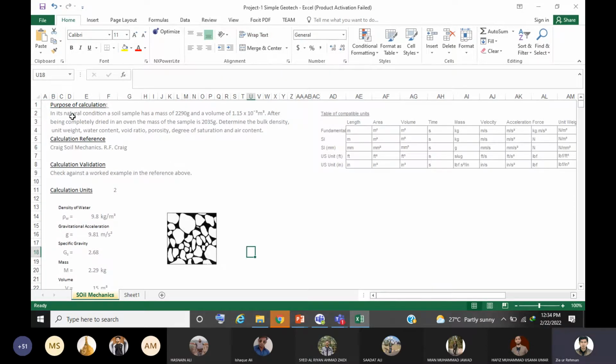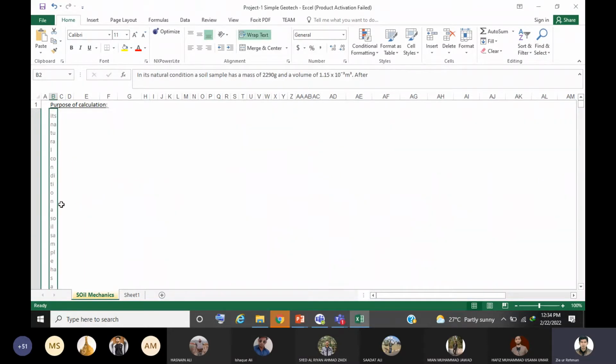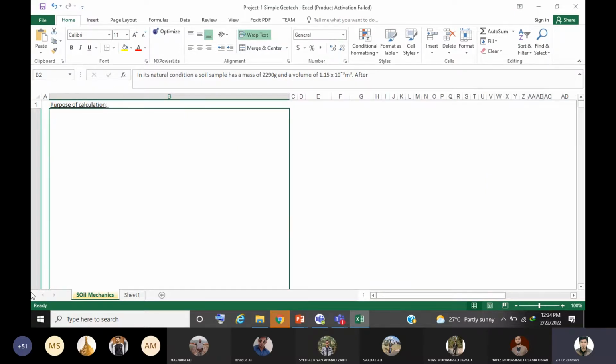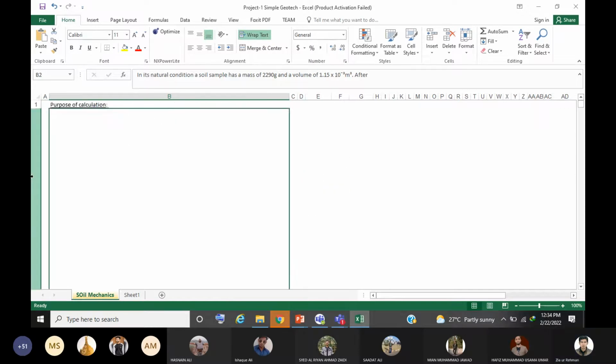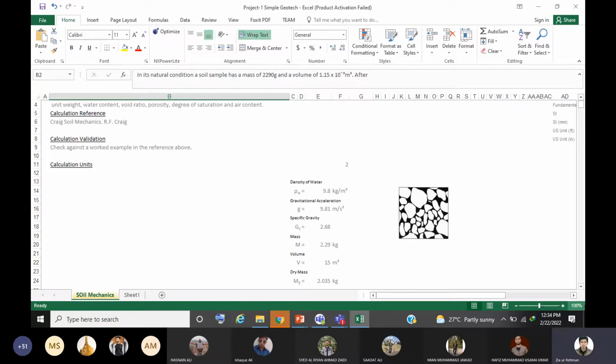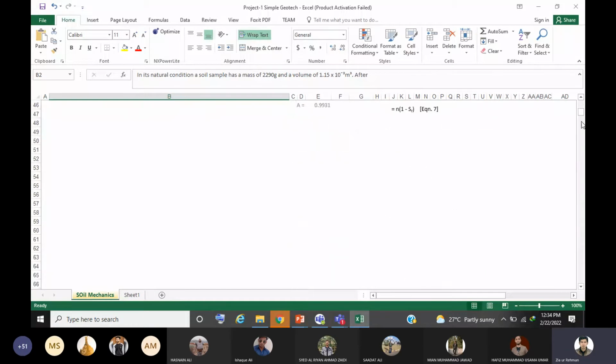When you wrap the text, it means that it is confining it into one cell. Let's say if I wrap text, it is confining it into this cell. Then I have to change the width and size of the cell to come properly.